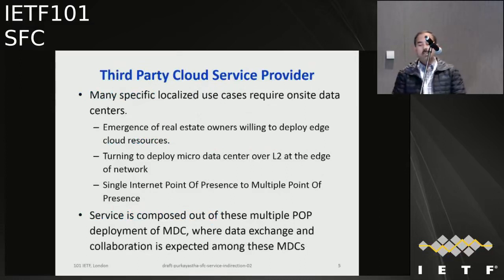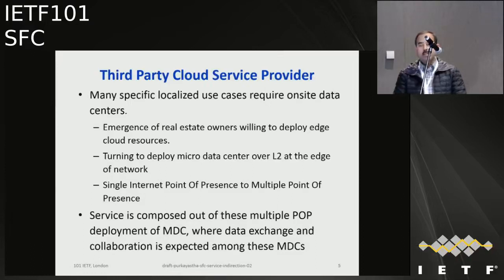So just to give a brief snapshot, the use case that we described here is mainly specific localized use cases, more at the edge of the network, which requires on-site data centers. This is due to the emergence of real estate owners who are willing to deploy edge cloud resources, and basically they are turning towards deployment of micro data centers at the edge.